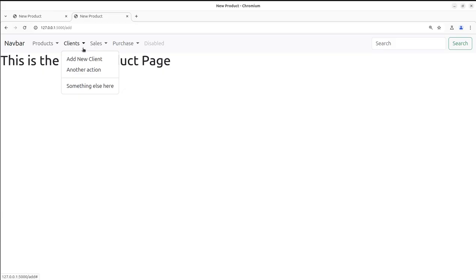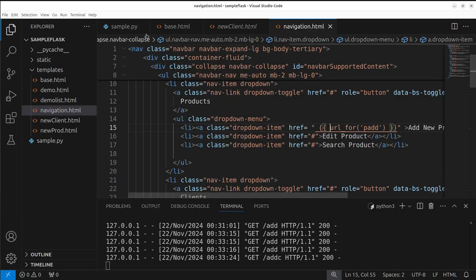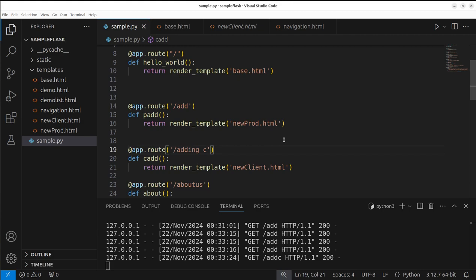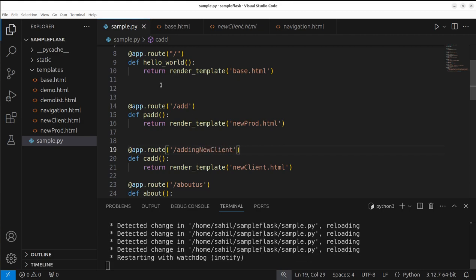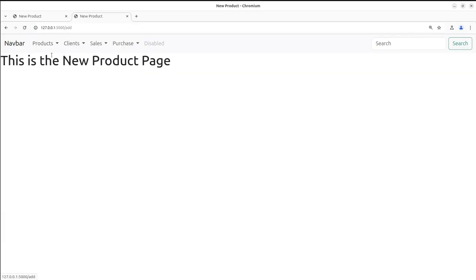Now we are on which page? Product page. So I click on clients and I go for add new client. So here automatically it's taking the route. Alright, so in case you change the route, let's say I give the name of the route as adding new client. Alright, let me save it, let me refresh, let me go to product page, refresh, and